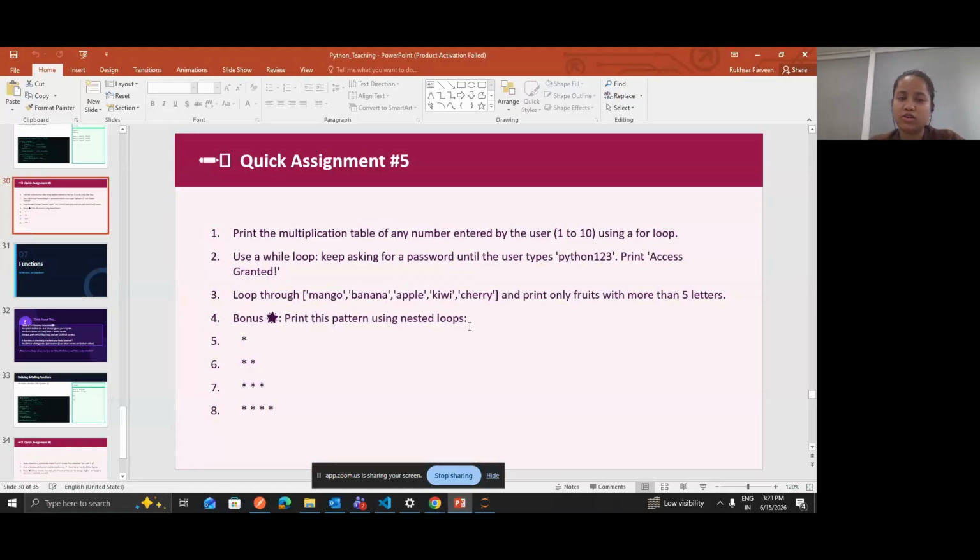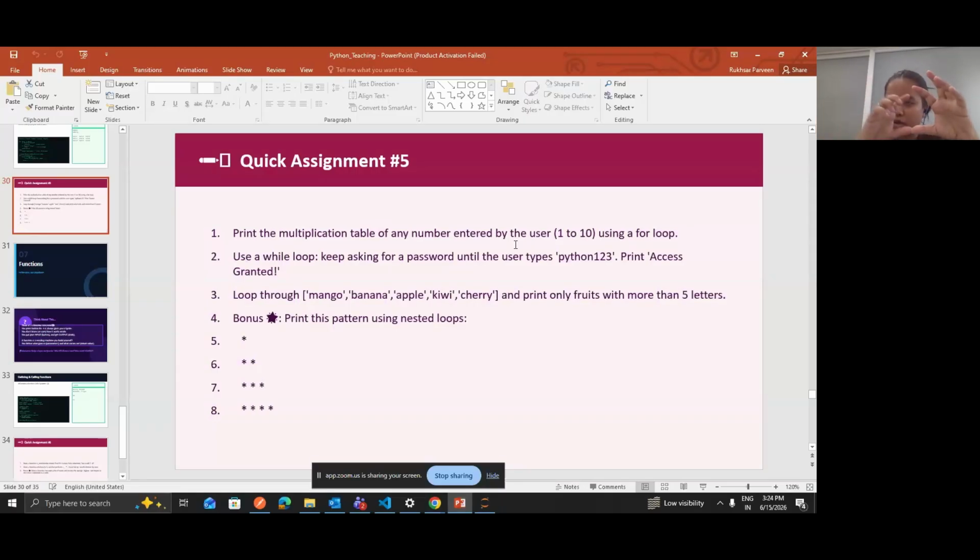So your first question is print the multiplication table of any number entered by the user, 1 to 10, though it could be maybe more than 10 also. You have to take a number as an input from the user, and then you have to print the table of that number, like in case of 2, 2 into 1, 2 into 2, 2 into 3. So whatever is the value in this table, you have to print it.